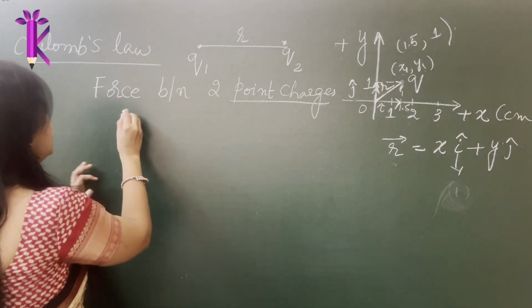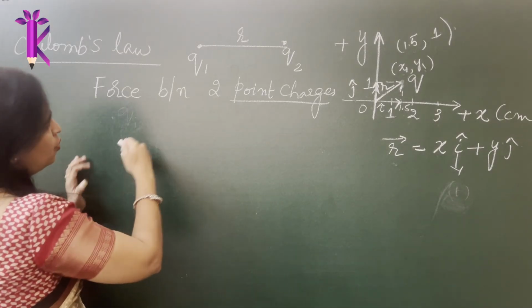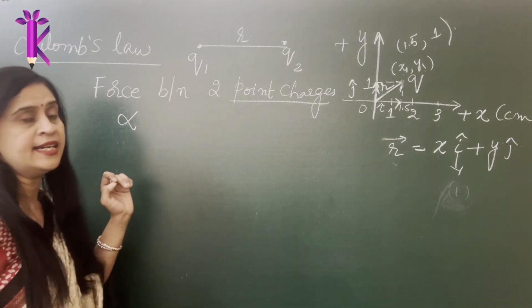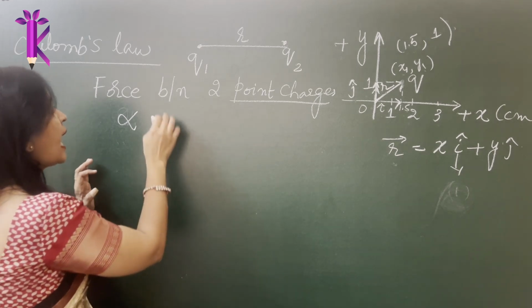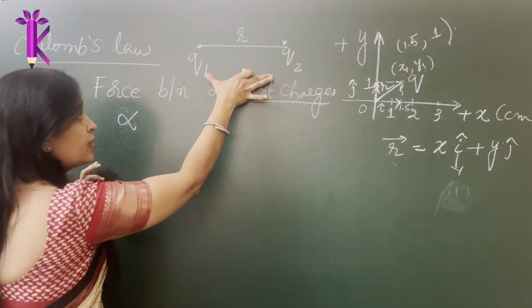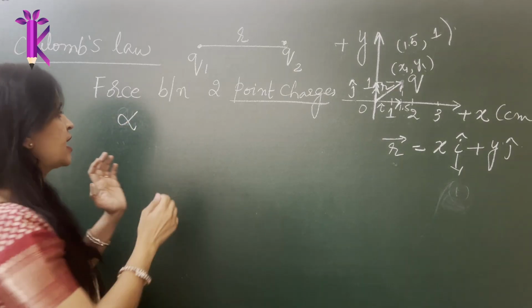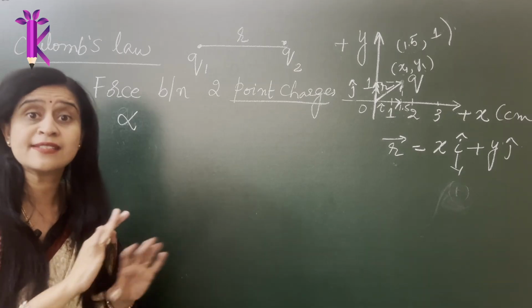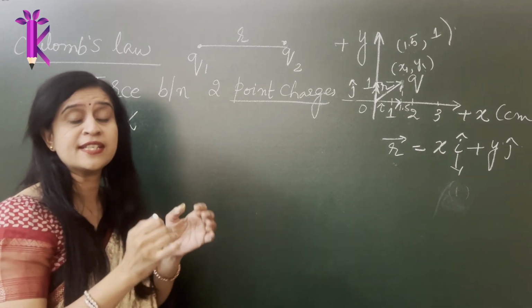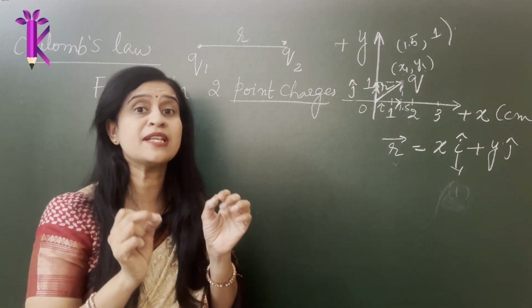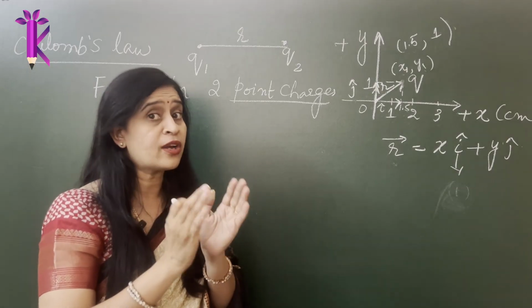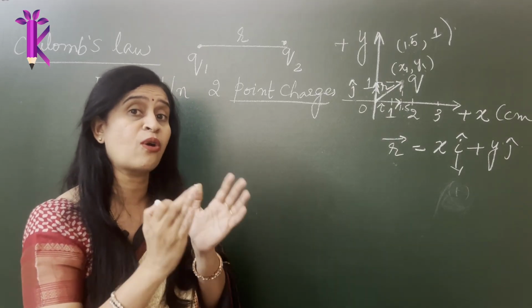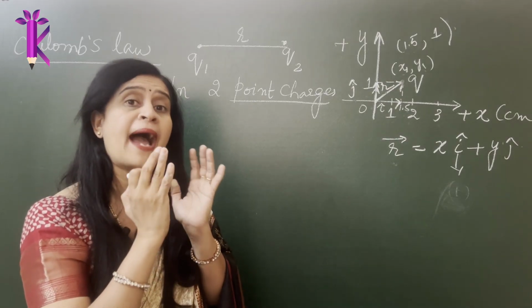So the force between any 2-point charges, Q1 and Q2, varies. How does it vary? It varies directly, so it comes in the numerator as the product of what? Product of the magnitude of the charges. So it is not just the product of the charges. You can't just directly say product of the charges. No, that is rubbish. You are speaking in terms of physics, so every term really matters, especially when you are dealing with vectors. If you are talking about direction, you have to write it as direction. If you are talking about magnitude, you have to specify you are talking about the size of the charges or the magnitude of the charges.